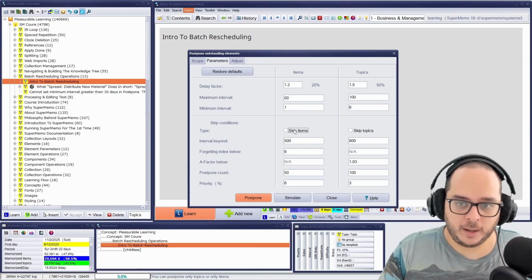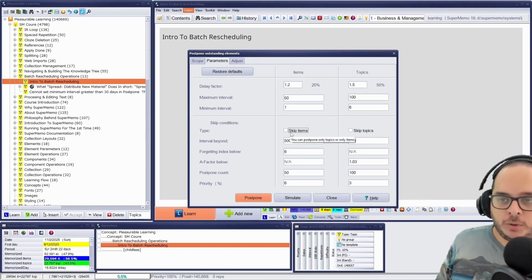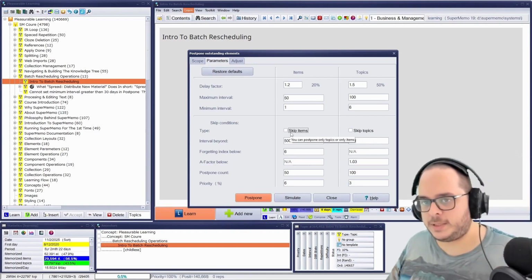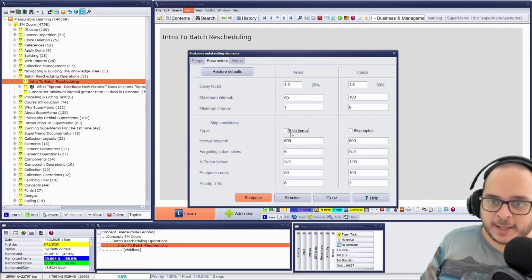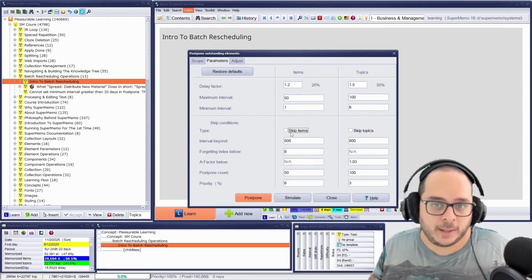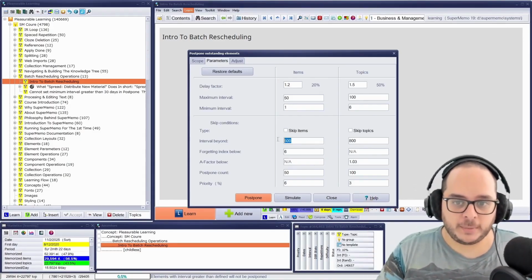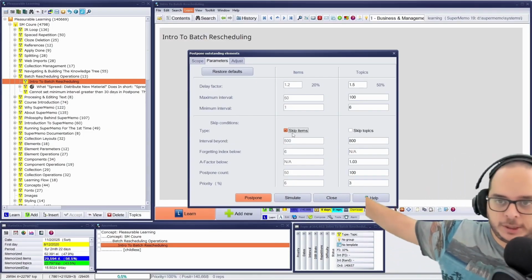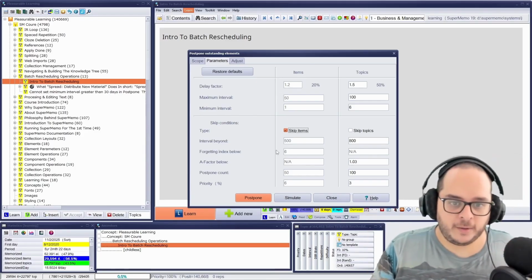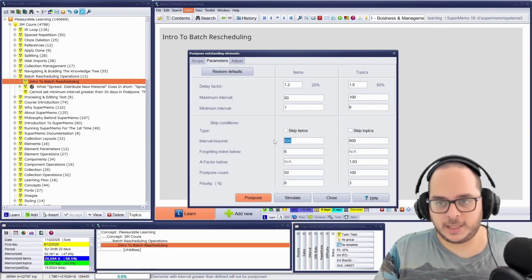And then those are skipping, in case I have skipping items, by the way. That means that I'm not going to postpone all of the items I have in my outstanding queue. No, I am only going to postpone the ones that don't fit at least one criterion. Not all of them, at least one. For instance, if the interval is more than 500 days, it will be skipped, ignored. This is not going to be postponed. Or the forget index, which forget index? Sorry, if it's not skipped, it will be used. Exactly the opposite of what I just said.